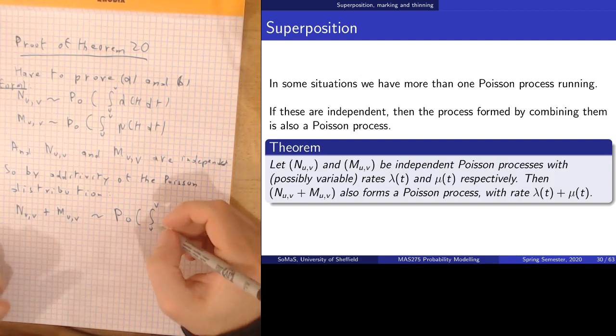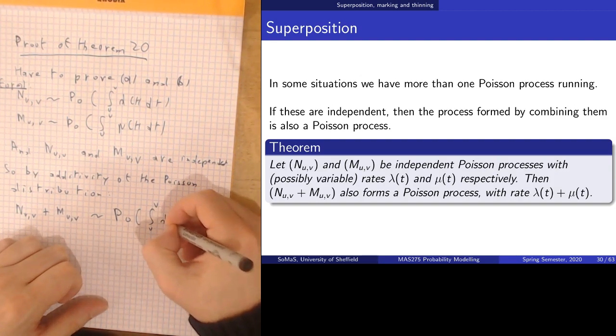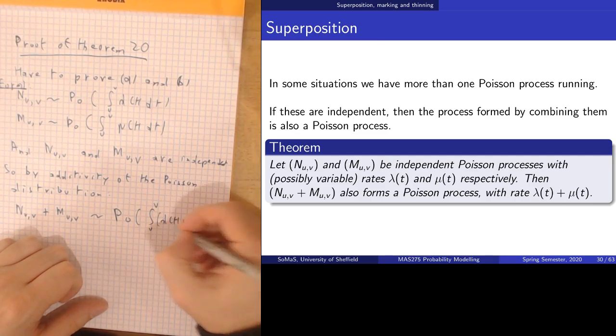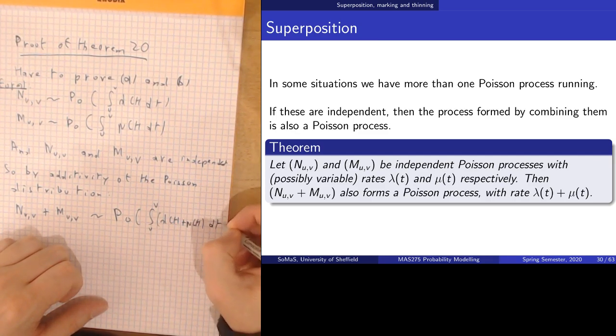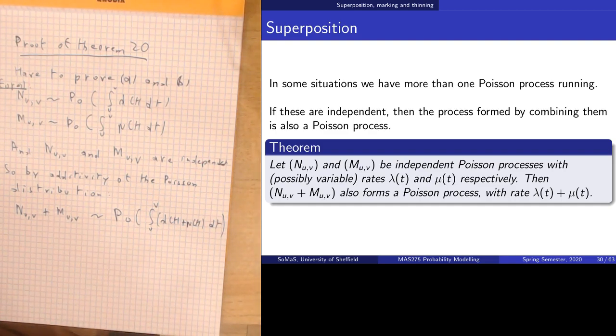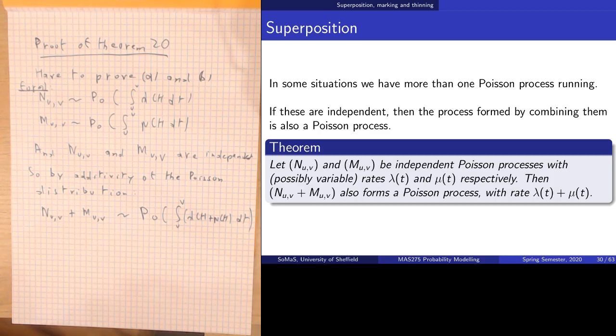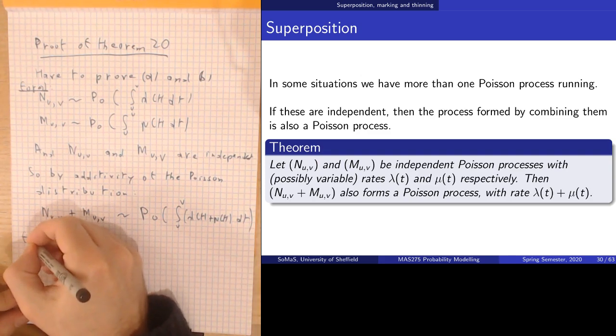So the sum of integrals is the integral of the sum, of course. So no surprises here. The proof for the A part is just we add Poisson variables and they happen to be independent, so the sum is Poisson. And for B part